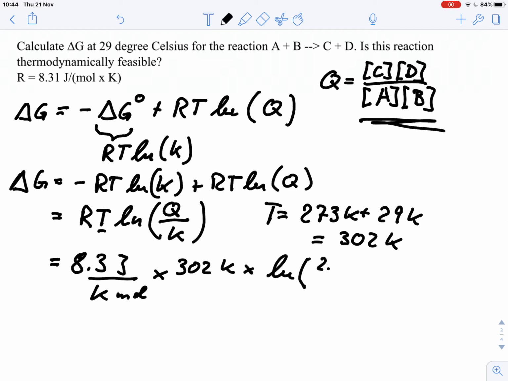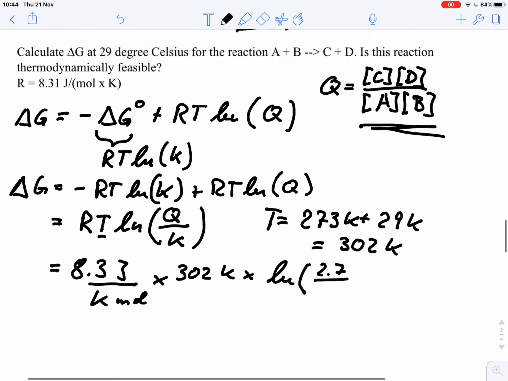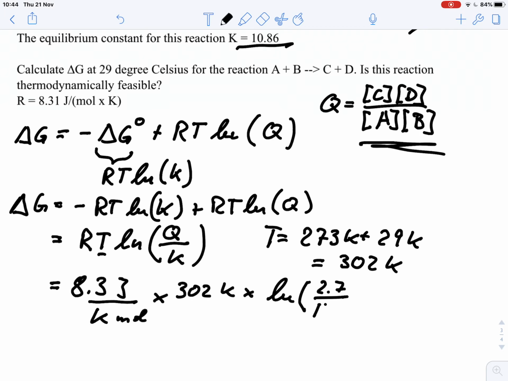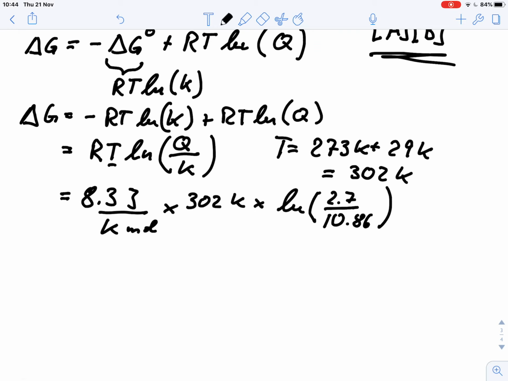So we then have ln of 2.7 divided by the equilibrium constant, 10.86. And this one here gives us negative 1.39, and we get a delta G which is roughly negative 3.49